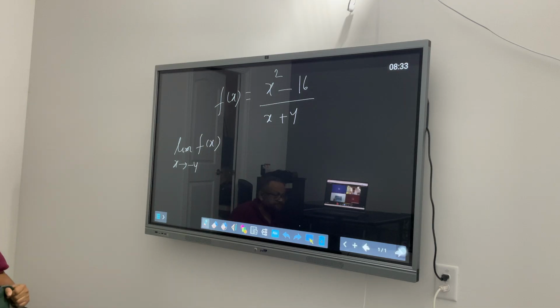Yeah, Matthew, go ahead. And then you can cancel out x plus 4. It just gives you the limit as x approaches negative 4 of (x minus 4). And then I just plug in negative 4 for x, which is negative 8. Okay, negative 4 minus 4, negative 8. Pranit, is that your way of looking at it as well? Datta, are you convinced with what your friends are saying?